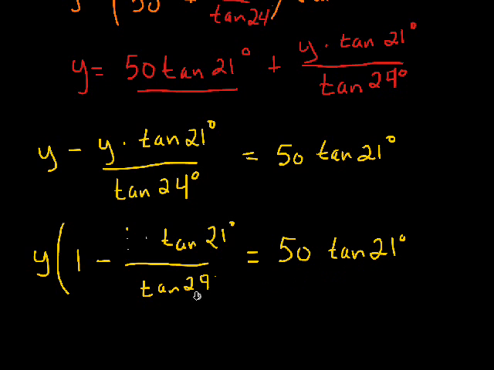I know right here it looks like 29, but that's just a little flaw in the writing of the program. 24 degrees. What this means now is this can stand by itself, this y, and this can be the top part of the equation. This could be the bottom part, where all this stuff comes down here, and we're going to get